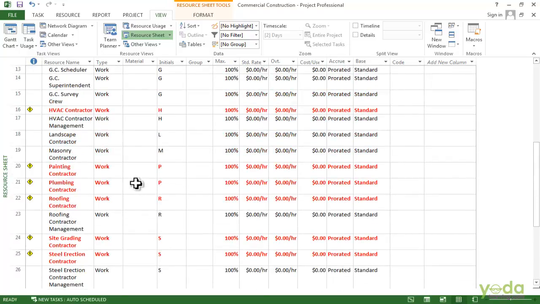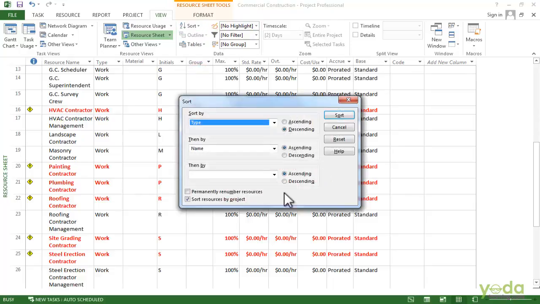But there's one other thing that you have to do, and that's to go back into the sort by box here. If you want to permanently renumber the resources, you can check mark this option, permanently renumber resources, and say sort.